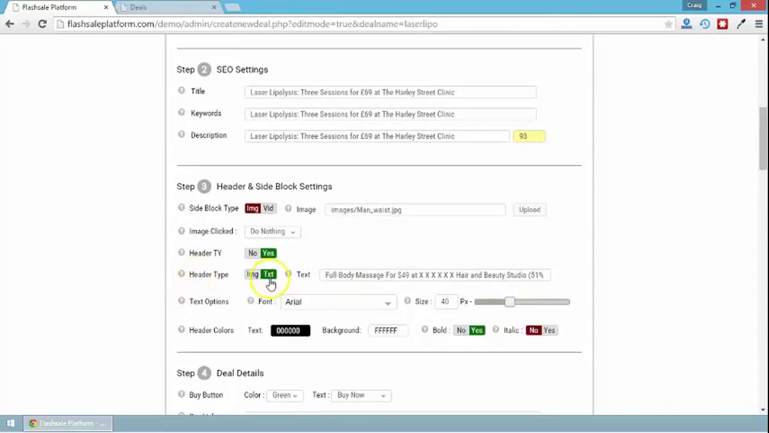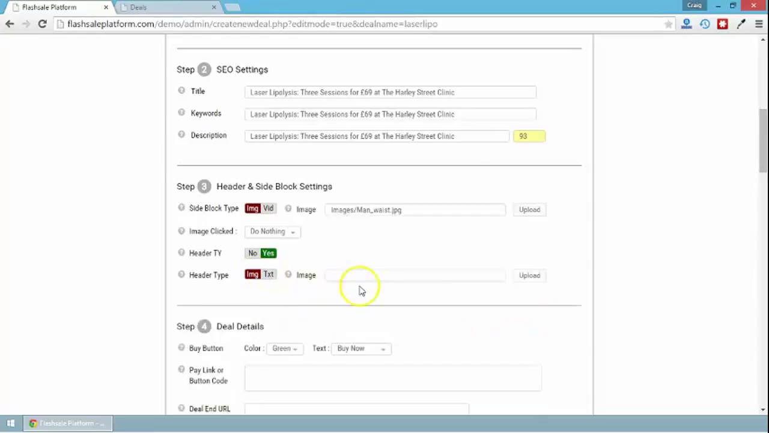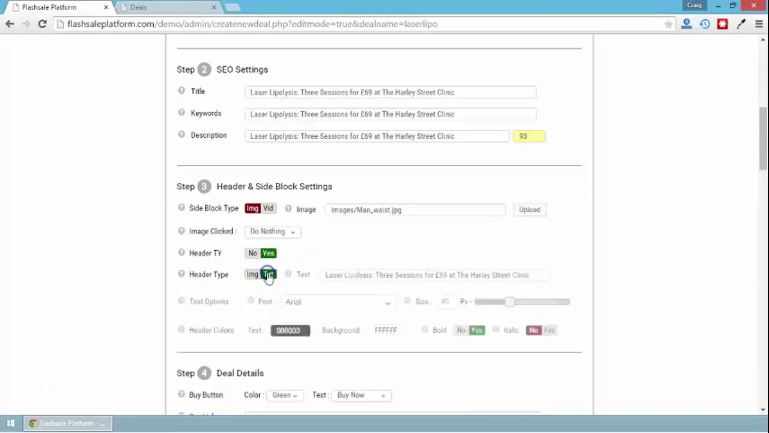Header type, image or text. So at the moment it's set to text, so let's just select all of that and paste in our headline again. But if you select that to image, you can have a nice big banner on the top that you got graphically designed. I'm going to go back to text like all the other daily deal sites out there. So I'm going to select text,